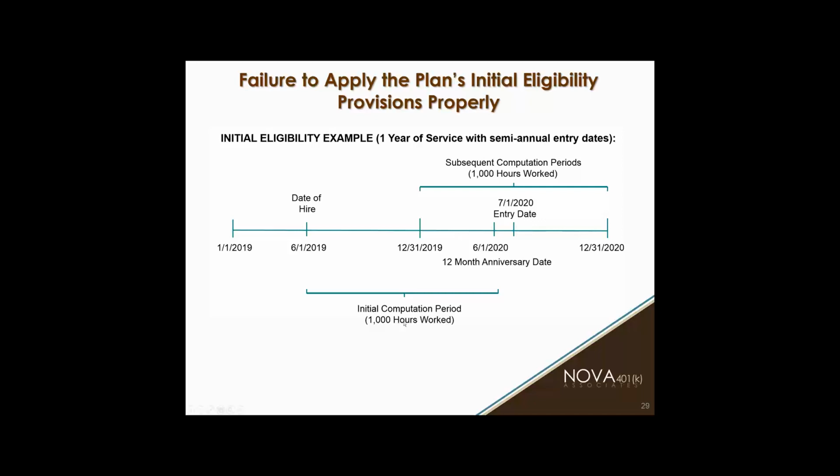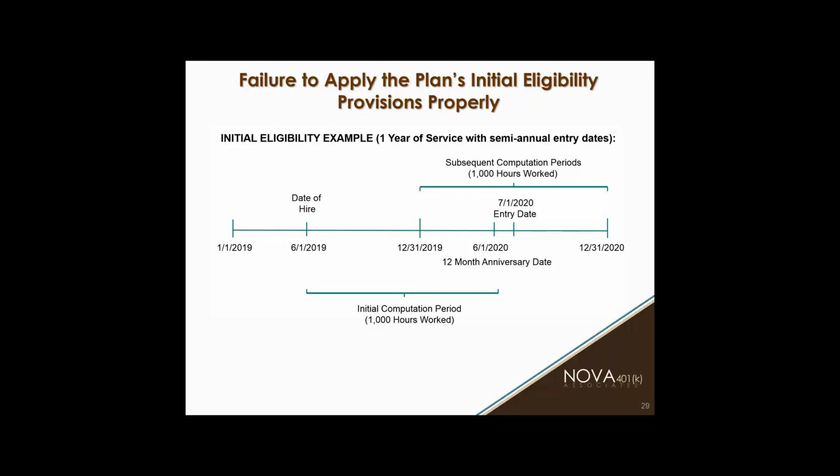What if this answer is no? This person worked like 500 hours. Do they get credited 1 year of service? No, they do not, because you have to work 1,000 hours in the initial computation period. The initial computation period is set by law. It's the 12-month anniversary date from the original date of hire. But to make it a little bit easier in following periods, for a person that worked 500 hours, the second computation period switches to the calendar year.